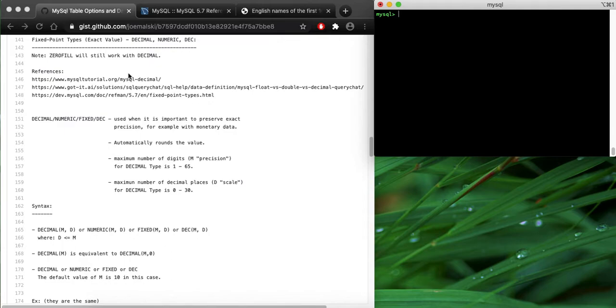Today we're going to be discussing the so-called fixed point types, which is the decimal. The decimal has several variations, so you can just use one of them. They're just the same. It is used for monetary data. If you have an application that deals with money or anything that needs to be precise, or needs to have an exact value,